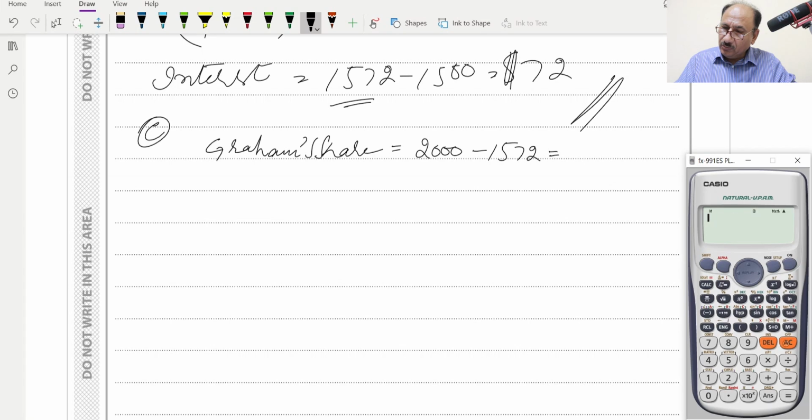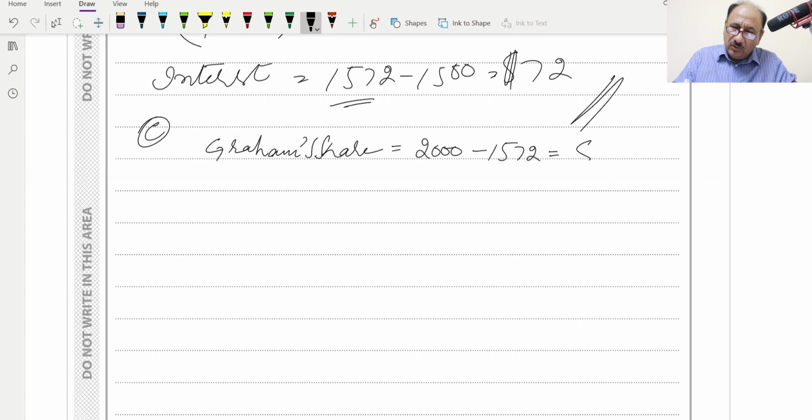This will be equal to 2000 minus 1572, and this is equal to $428. So 428 is this share of Graham. So now we have to convert these dollars. We have $428. One option is that we can convert these dollars into pounds directly, and for that one